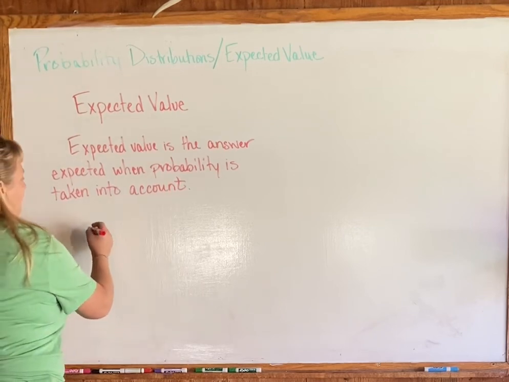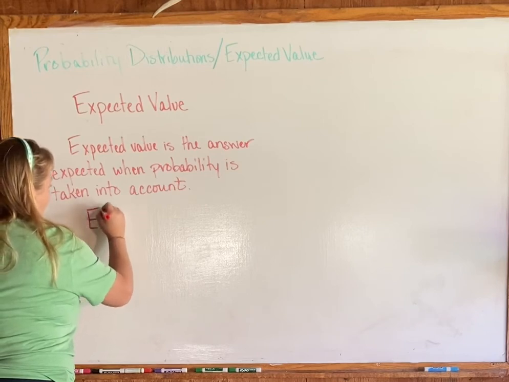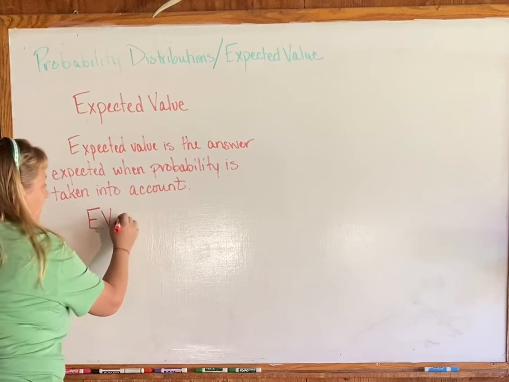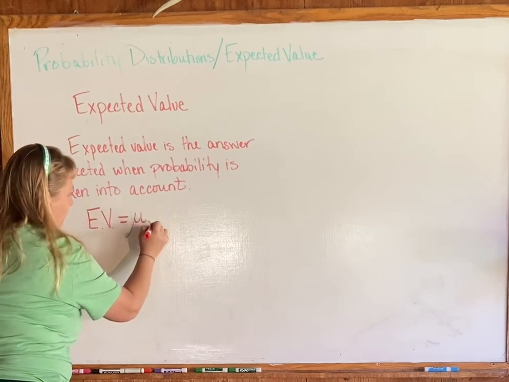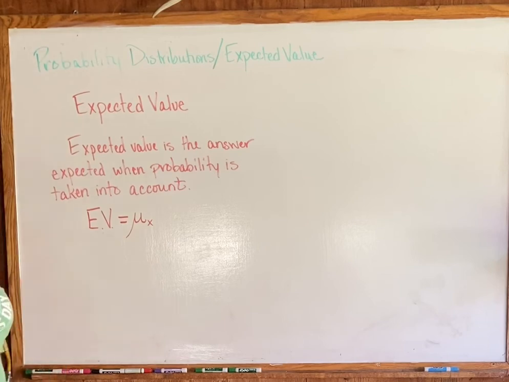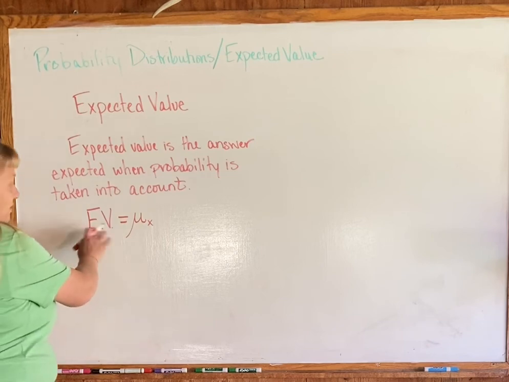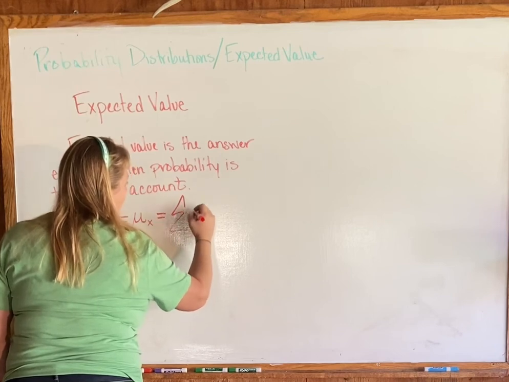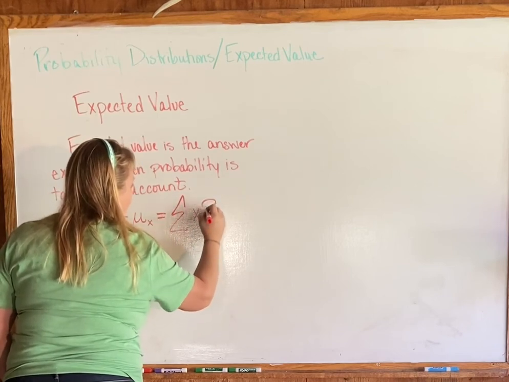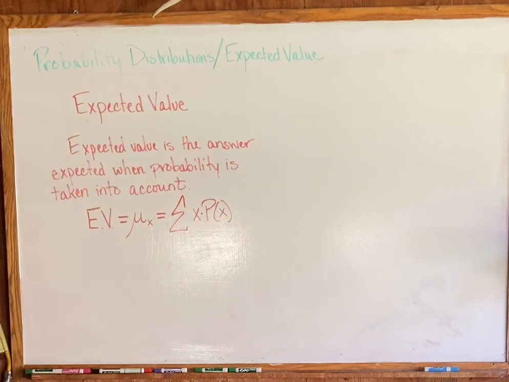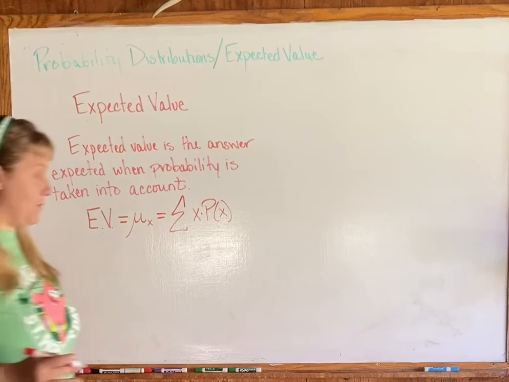The expected value formula is not a hard one. You can either label it expected value, EV, which is the way the mathematicians label it, or the statisticians label it mu sub x. Whichever one you like better, expected value EV or mu sub x. Either way, the formula is not so bad. It's the sum of all the x times P of x. So let me give you an example here. I'm just going to put up a